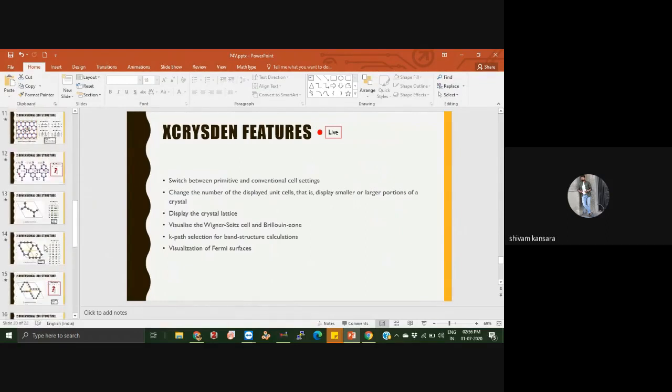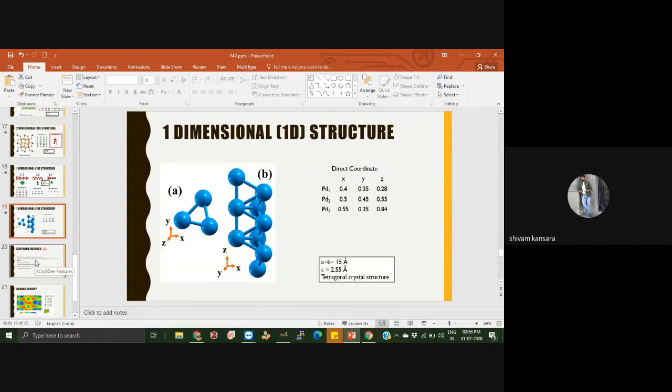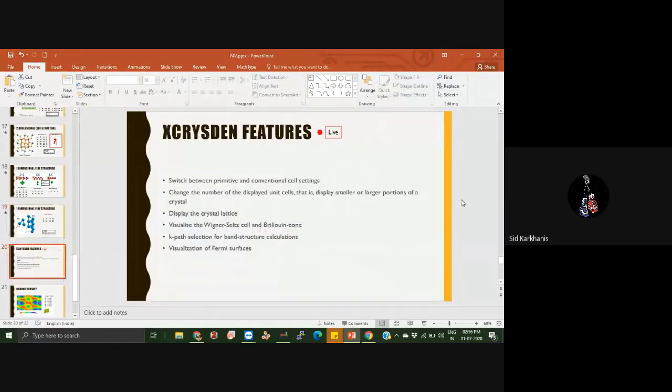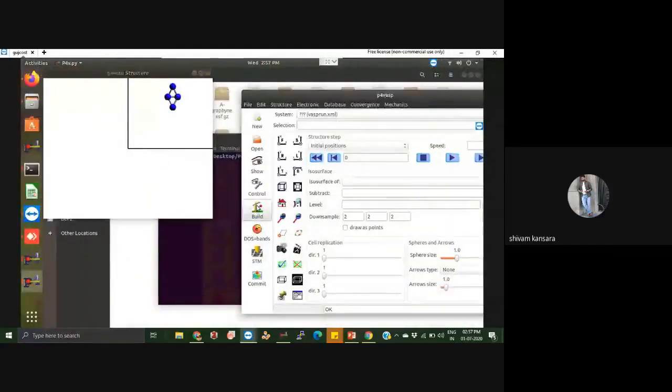Okay, participants, if you have any query on how to make any crystal structure, or shall we go to the X-Crystal feature? Shivam, go ahead. Hello, sir. Yes, any question? Okay, speak up. Sir, can you discuss any quantum dot structure, if possible? Just take any cubic structure, a single, 2 atoms, and take vacuum in all 3 directions. Quantum dot, sir. Yes. Okay, fine, sir.